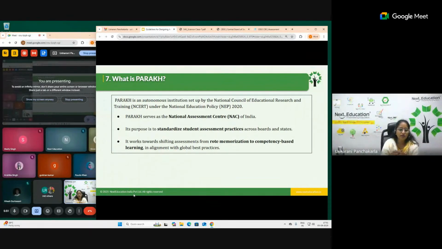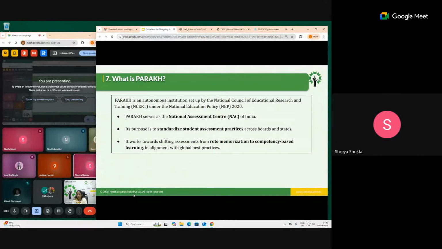So here, one difference he has given is regarding the assessment. PARAKH is conducted at the end of grade 3, that is what you call foundational, at the end of preparatory, and at the end of the middle stage. That is third, fifth, and eighth. And SAFAL is again given at third grade, fifth grade, and eighth grade also, and right now it is even being incorporated at sixth and ninth.